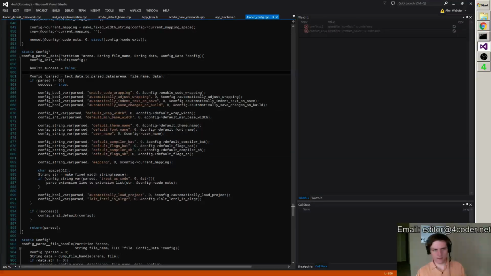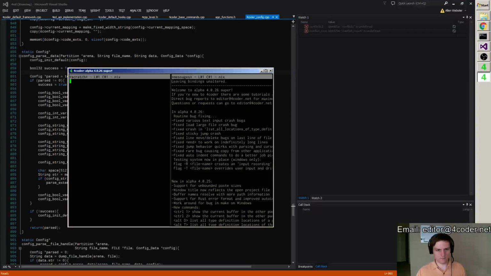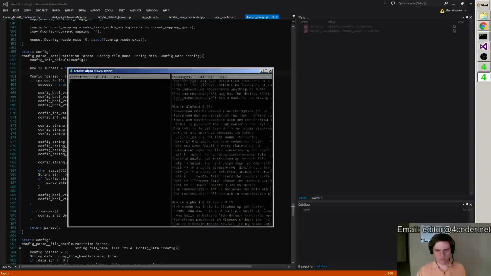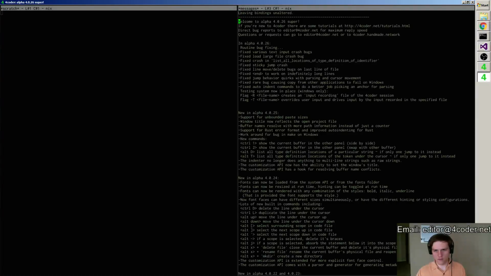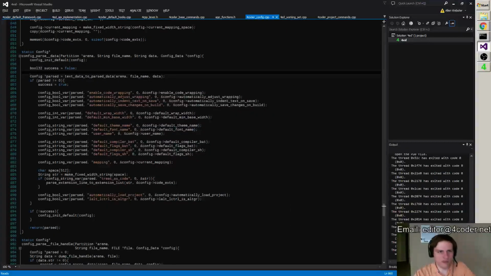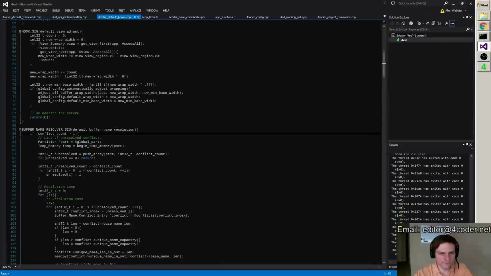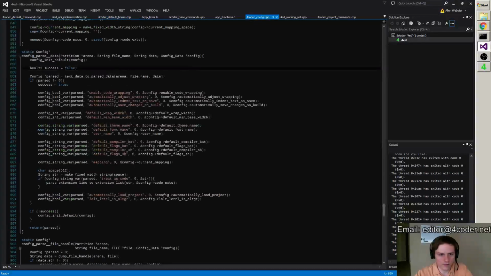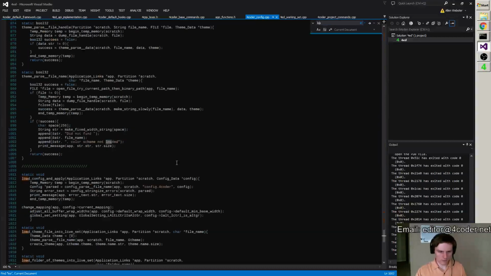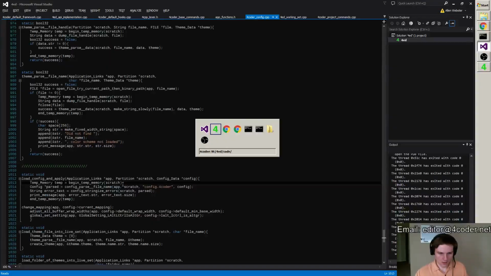So now when I do this, did I get anything printed? No, I didn't. Interesting. Alright, so let's go and check that out. Default hooks. No, config.cpp. Load config and apply.